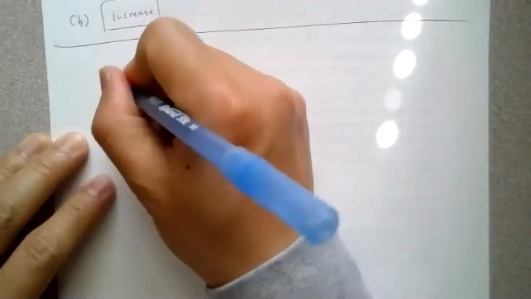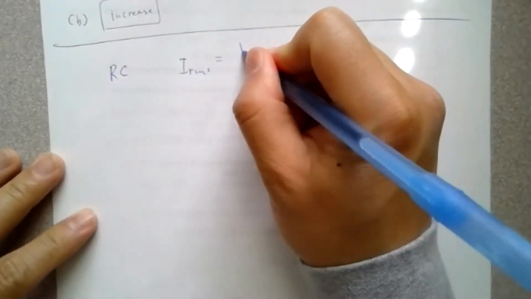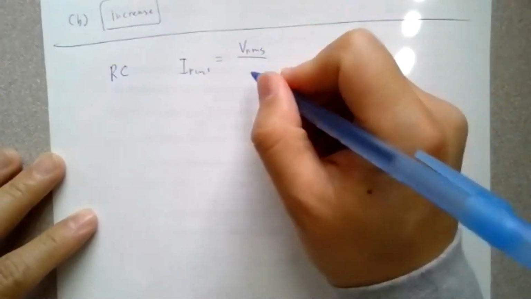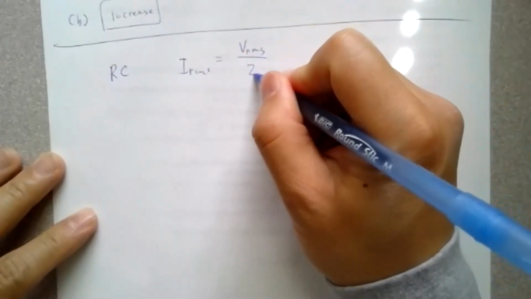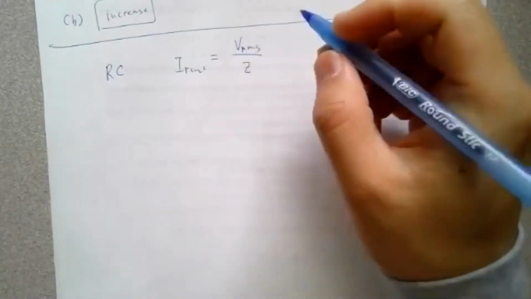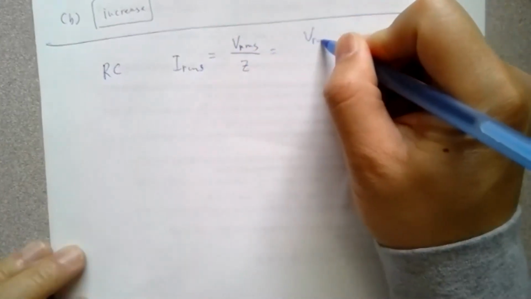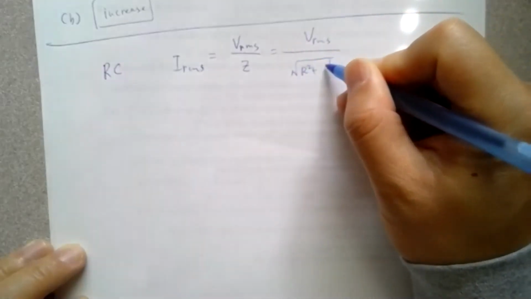So for an RC circuit, your IRMS is equal to your VRMS divided by the Z. If you have the maximum already, then the RMS quantity will be fixed. And that's equal to VRMS over the square root of R squared plus XC squared, where XC is